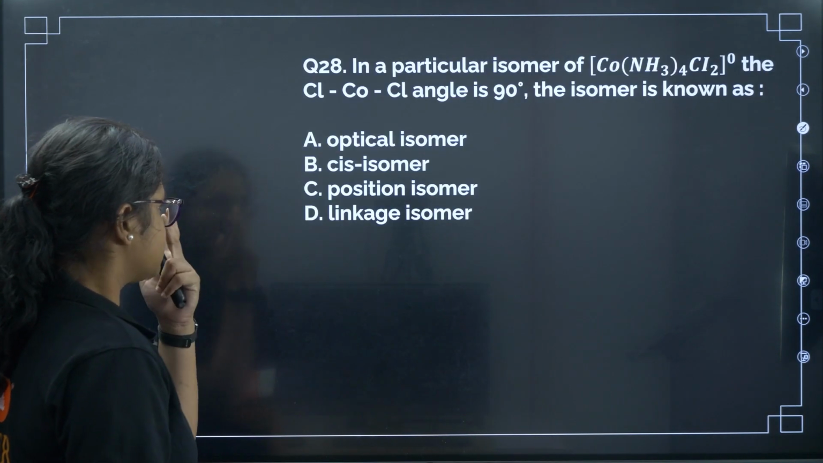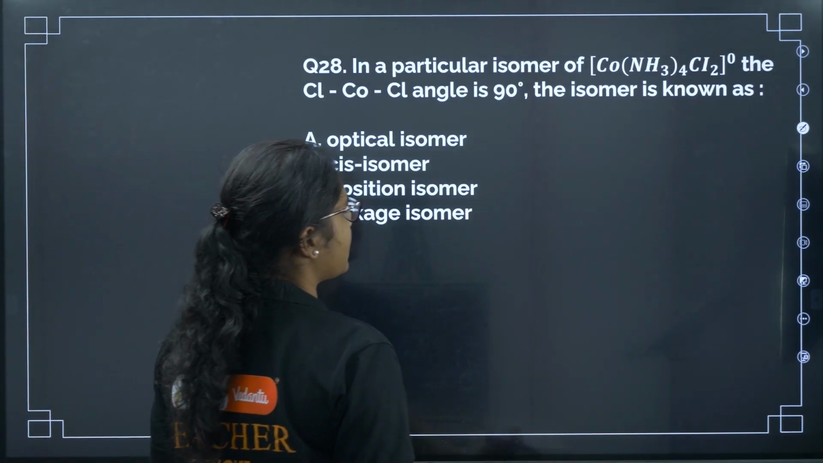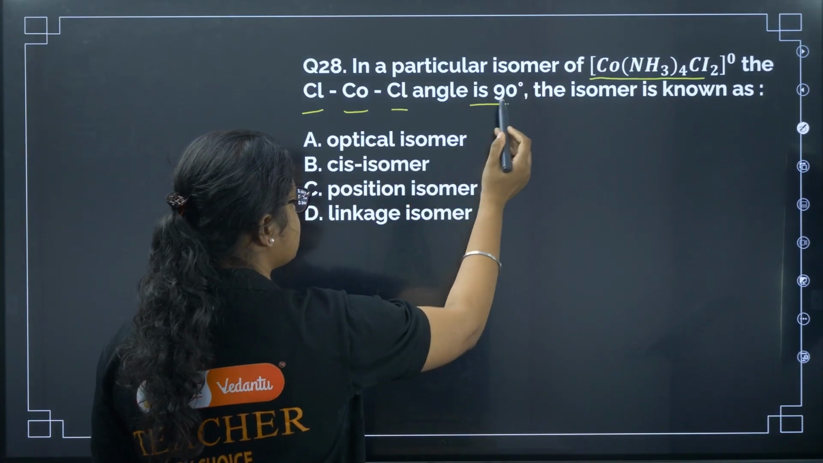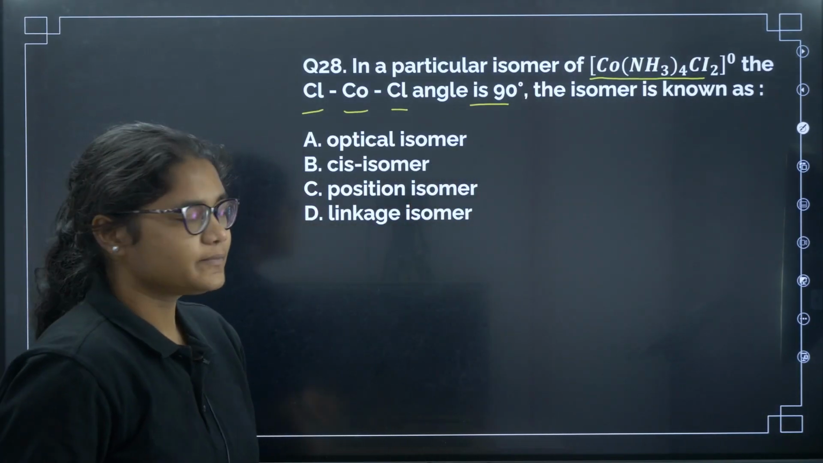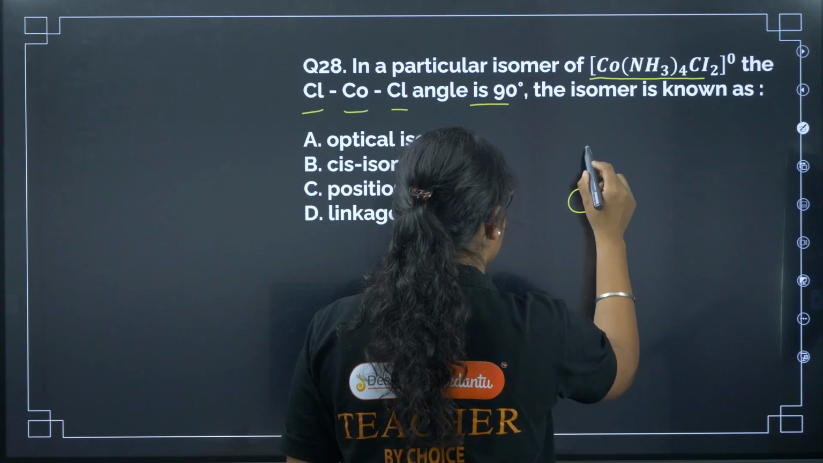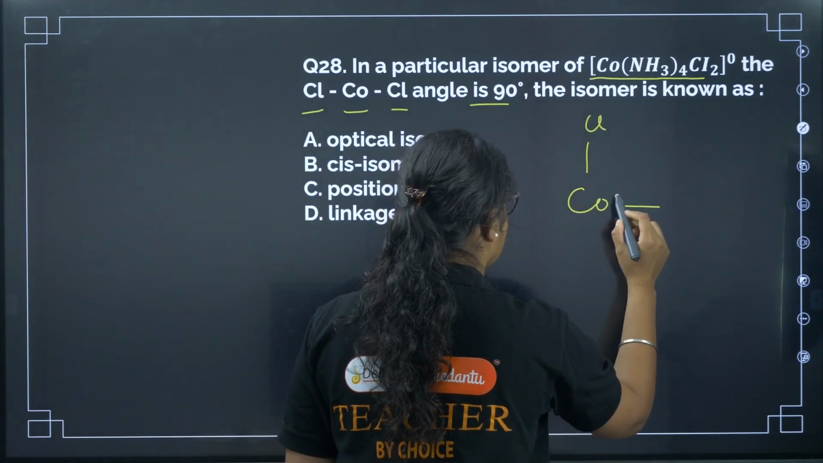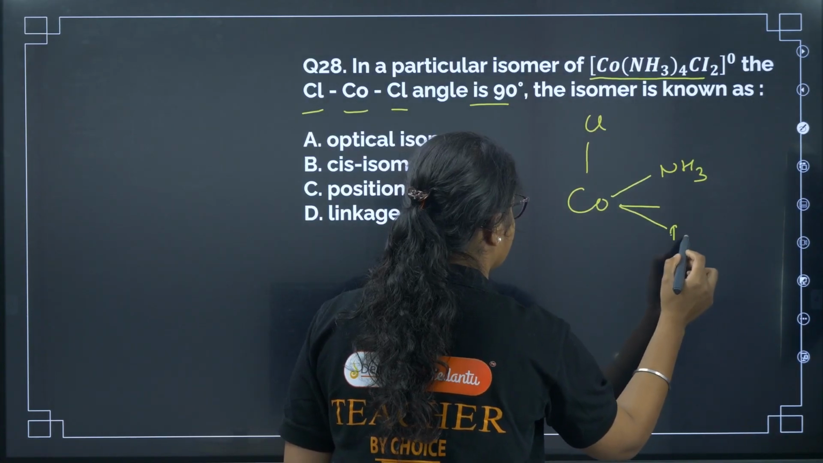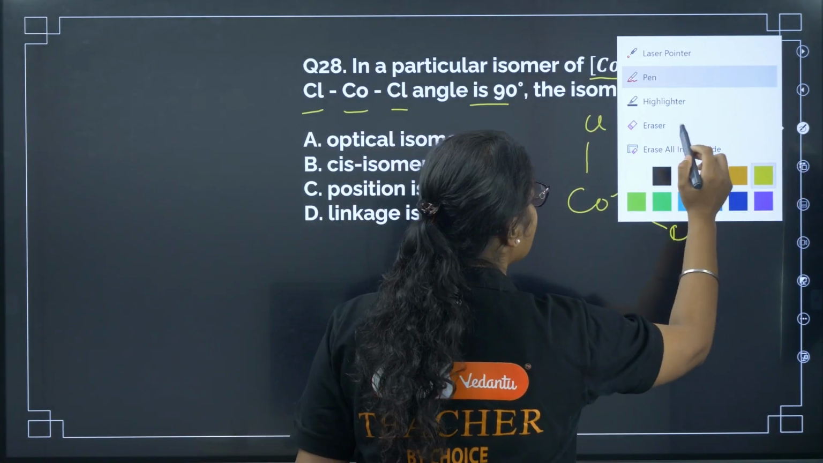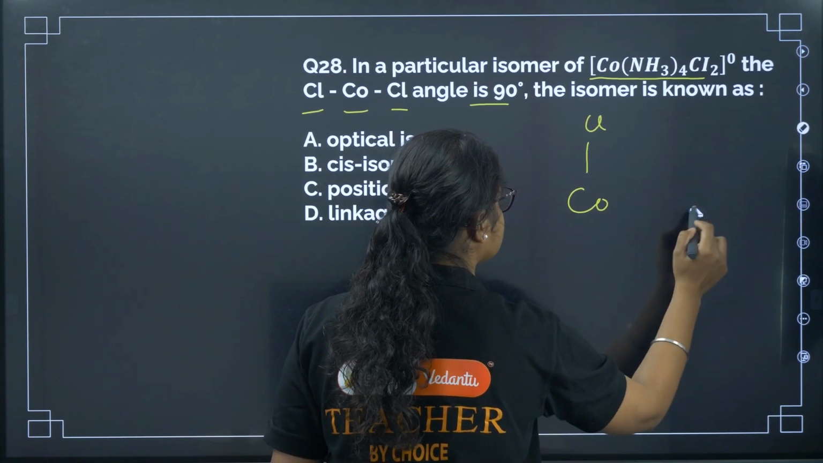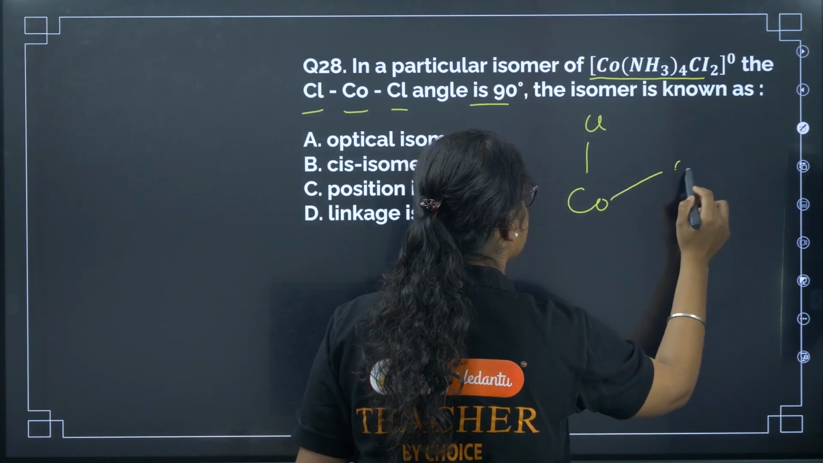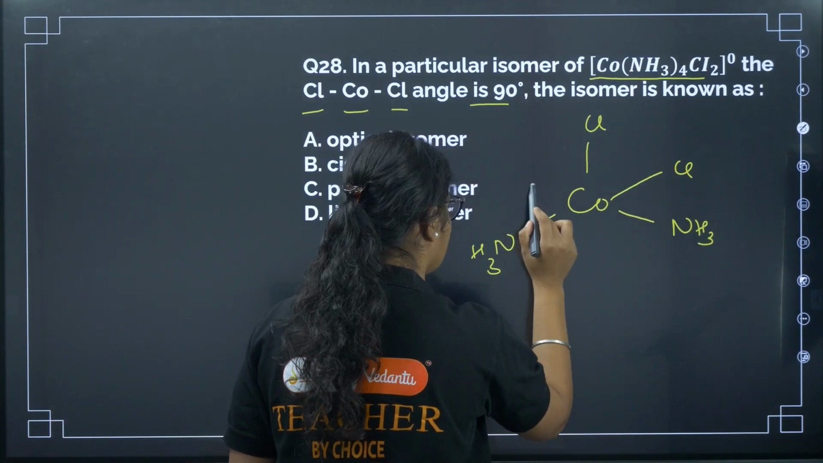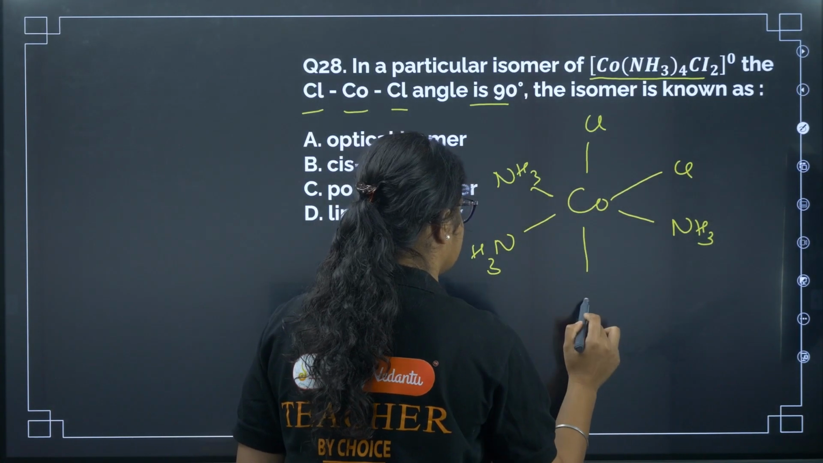Okay. Next question. In a particular isomer of Co(NH3)4Cl2, the Cl-Co-Cl bond angle is 90 degrees. The isomer is known as. So if it is 90 degrees, it is in this form. You can see Cl here, and we can have NH3 here, and we have chlorine here. I'll draw it again. Once again, you check. So if we have this structure, right? NH3, NH3